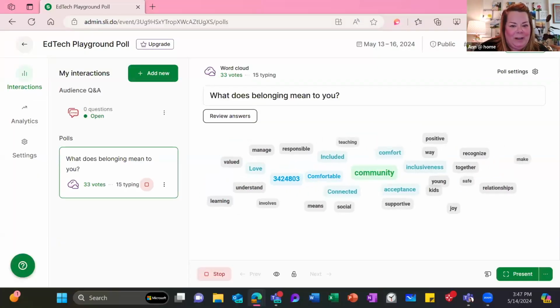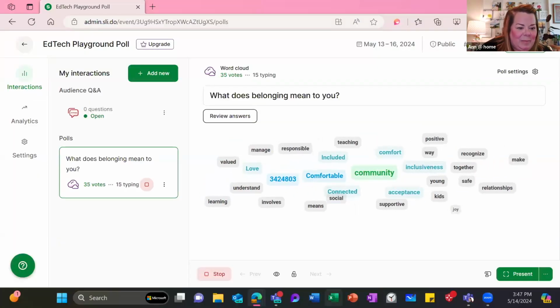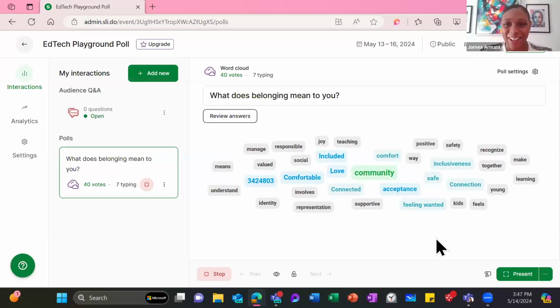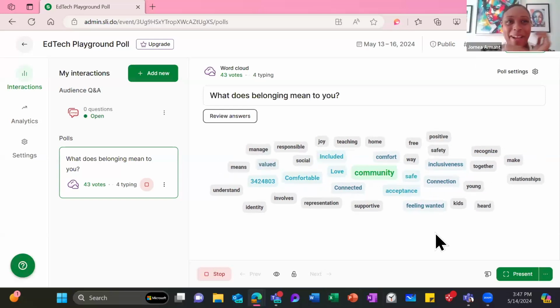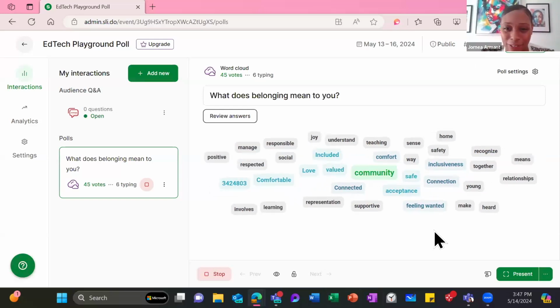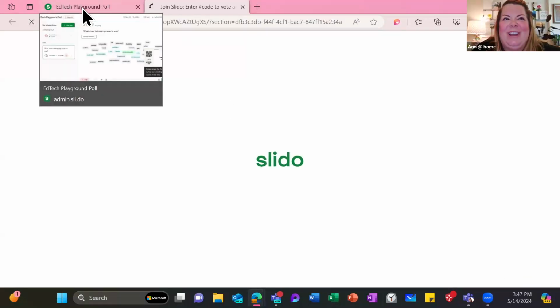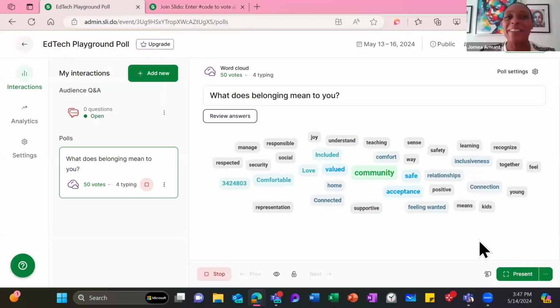And pop this up. Jornea, can you see anybody? Okay, perfect. Oh yeah. So you want to start calling out some words you see? Oh my goodness. Joy. That was going to be the first one my eyes went to. Yes, we feel joy when we feel that sense of belonging. I also see safety coming up. I just changed the screen on you, so I'll go back. Okay. I have another screen that I'm looking at.